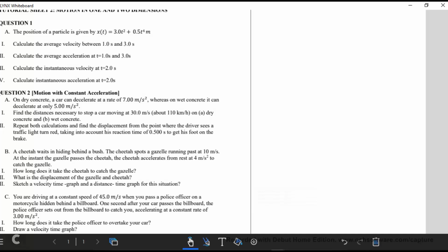Yeah, so for today we'll start with this physics tutorial sheet 2. So this physics tutorial sheet 2,